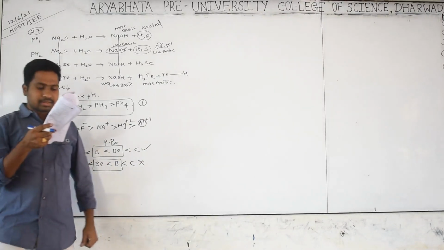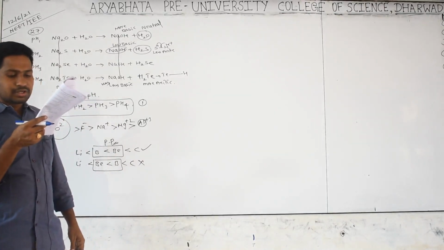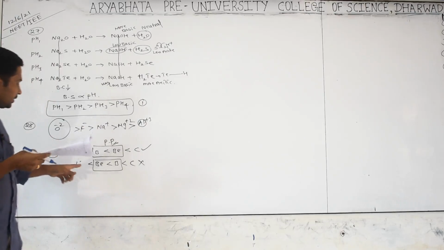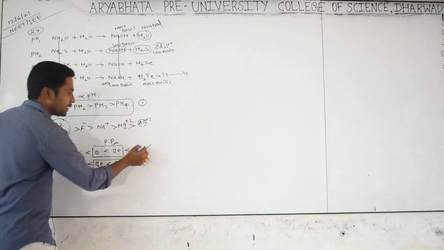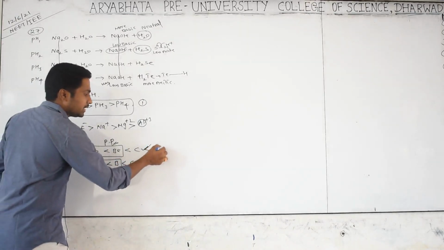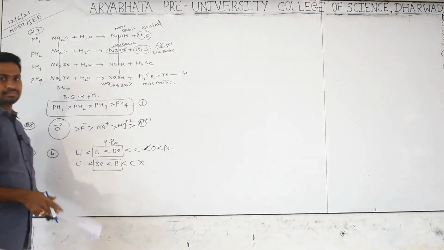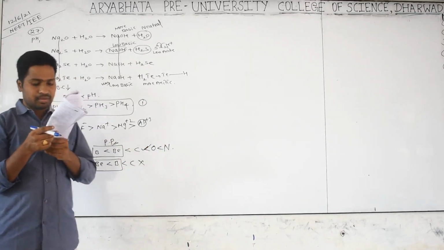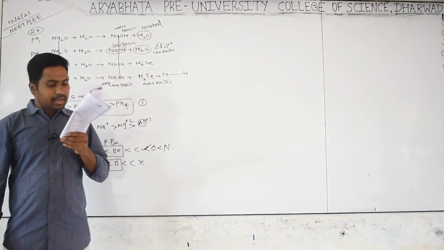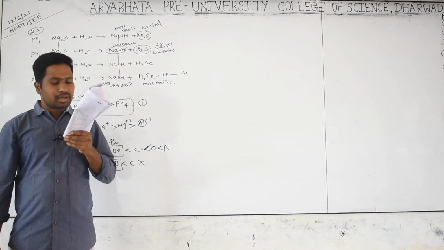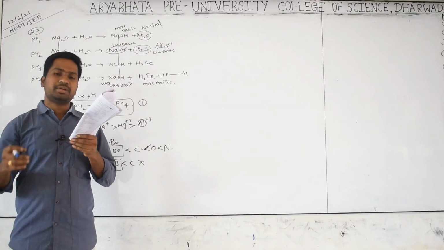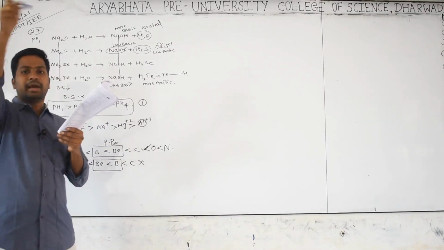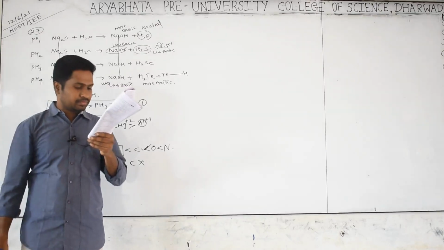You go for next, the correct order of first ionization potential among the following species. The same question is asking. Yes, after this one what are you getting? Oxygen we are getting and nitrogen we are getting. Which order, check it. Option B, I think first option is coming. Which of the following elements has maximum electron affinity? Maximum electron affinity means maximum energy released while adding an electron, nothing but Cl among the periodic table elements.